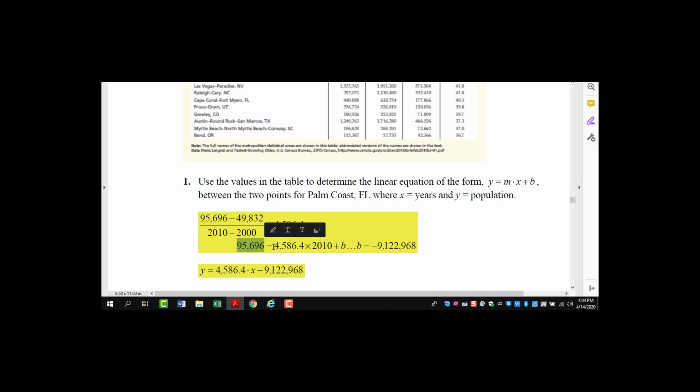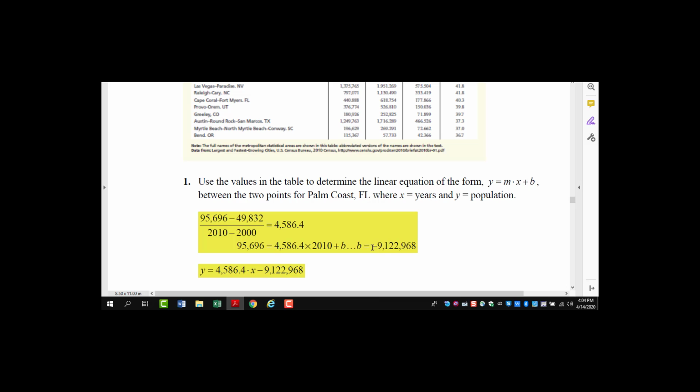So this value equals the slope times the input plus b. So we're solving for b. Obviously, you multiply these together and subtract it, and you get b equals negative 9,122,968,